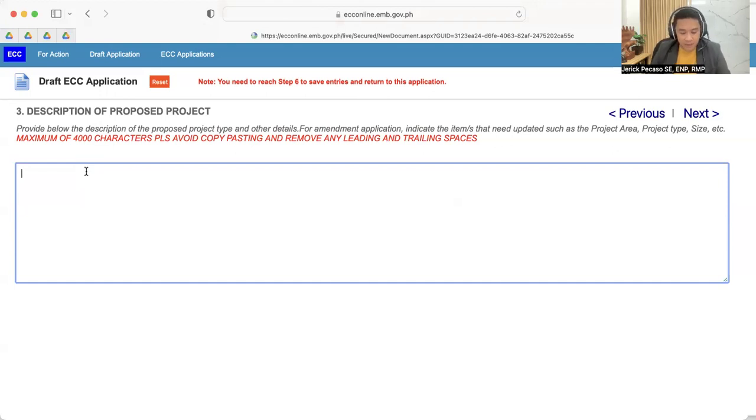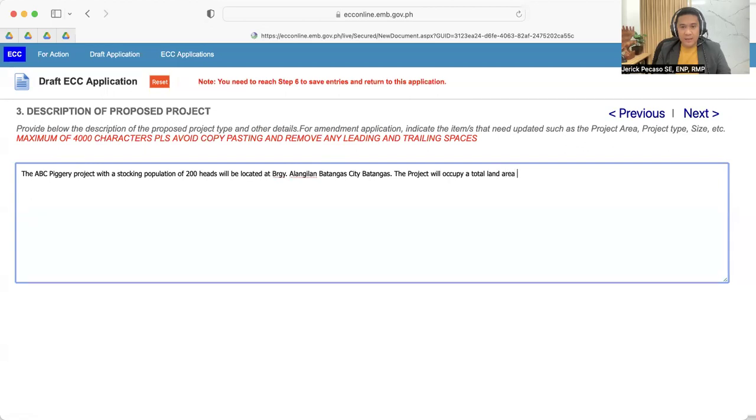So let us type an example for this step, the description of the proposed project, like the ABC Piggery project with a stocking population of 200 heads will be located at Barangay Alangilan, Batangas City. The project will occupy